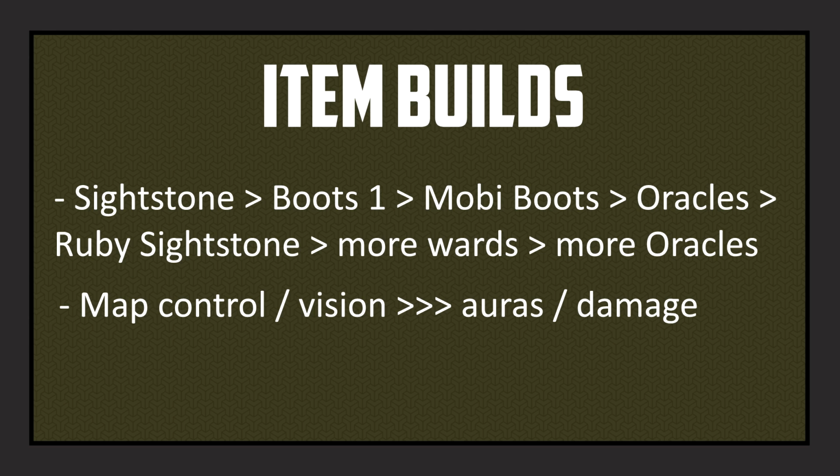Then, when the support tries to ward, you grip them into your team because they have no vision, kill them, take a free Baron, and win the game. You might think I'm exaggerating, but this happens all the time. Blitz has the ability to change a game with a single hook, and Oracles opens up a ton of opportunities